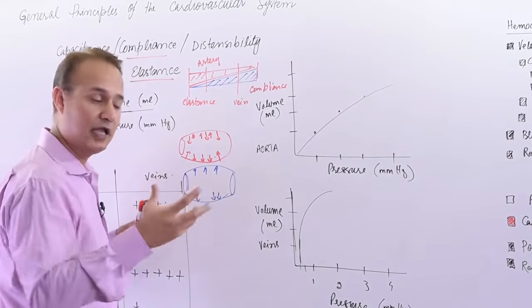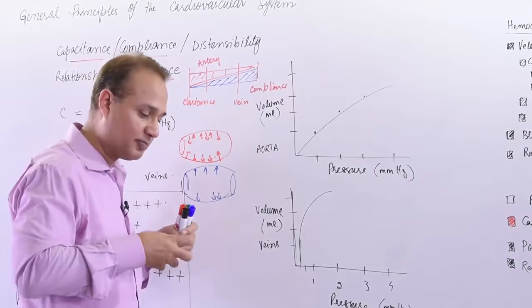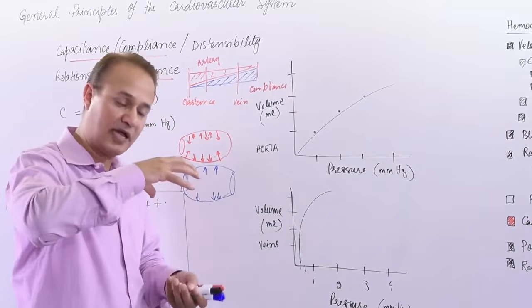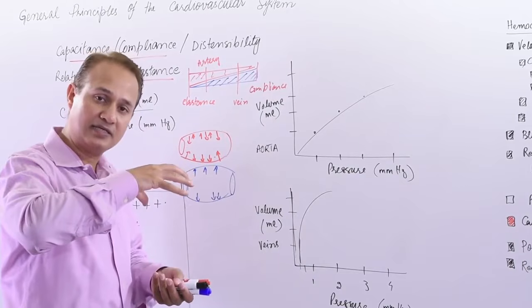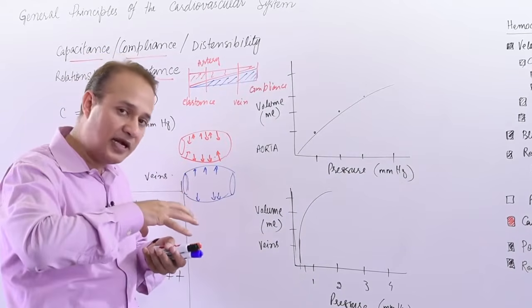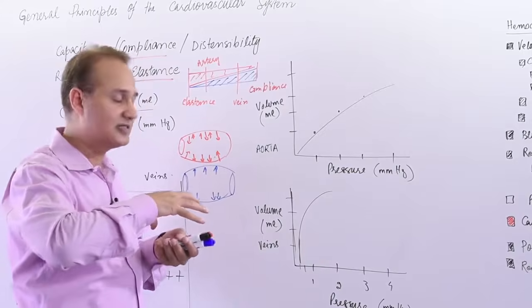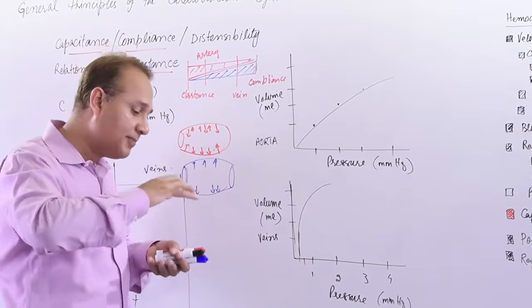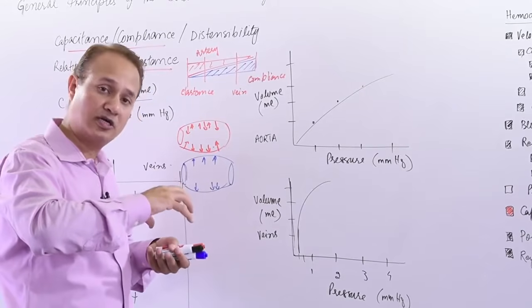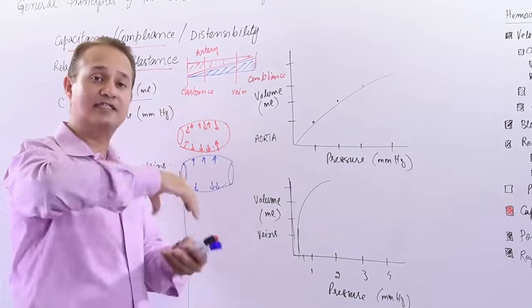They do extend. When the left ventricle pumps blood into the aorta, it expands. That is its distensibility. That is its compliance. But then it recoils as well. That is its elastance. And the recoil is more than distensibility. It would come back faster and with more strength than it can expand.